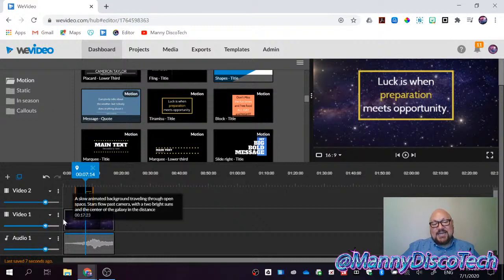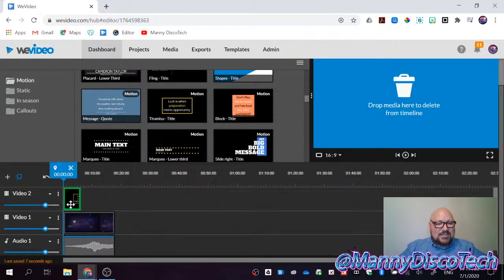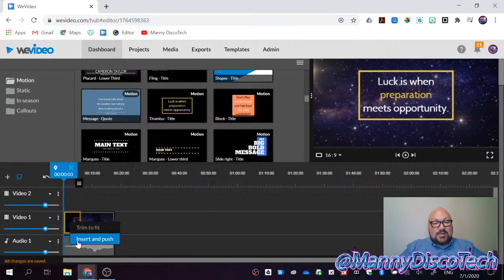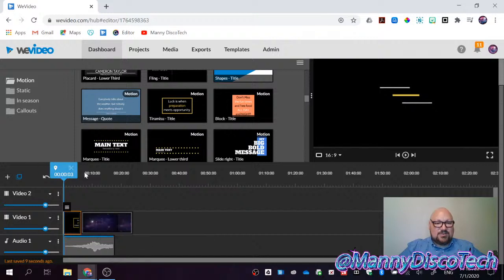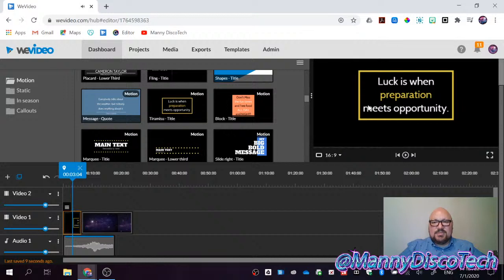Look, I'm going to drag it in here, and I know I don't have a space. I don't have space because, well, the space is first, right? But that's what I'm going to show you. So I'm going to grab the text, I'm going to click on it, and I'm going to drag it to the front. It's going to go yellow. I was going to say orange, like I don't know my colors. And it's going to give me some options. I'm going to give it insert and push. So I'm going to put it in there, and I am going to push the space. There you go. Okay, so now I don't have a background, so this is black.